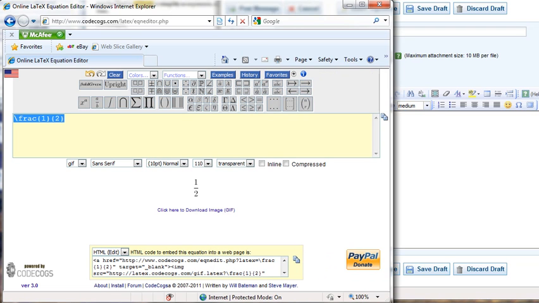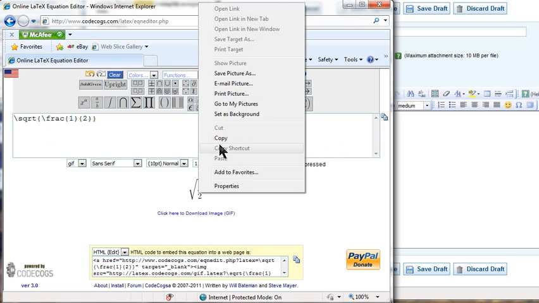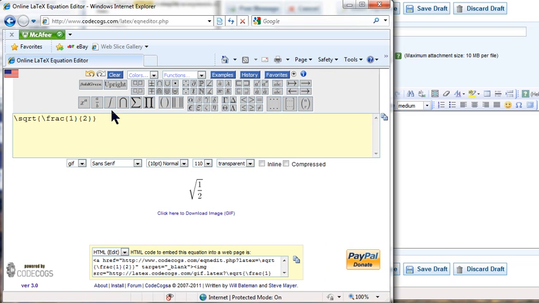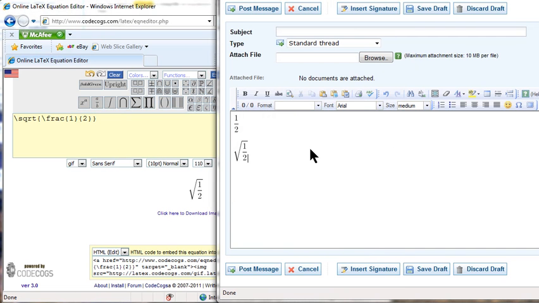Let's say I want to take the square root of that. I might highlight it, and then there's a square root button somewhere right there. So it takes some messing around with, but you can get all sorts of funky equations, and you can get exponents. You can get greater than or equal to. You can get greater than or equal to over here just by